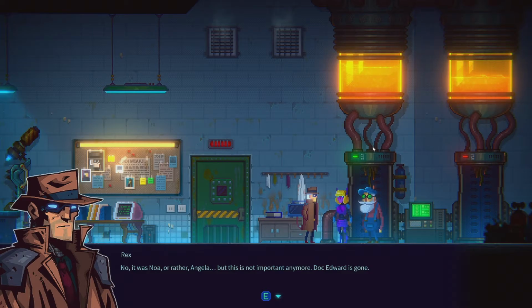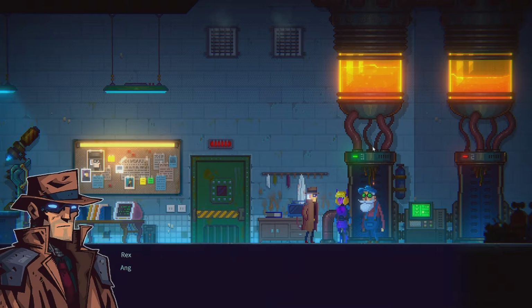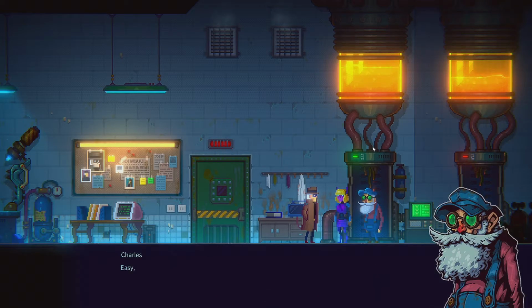Dr. Edward is gone. He wasn't like this in the beginning. He did it all for Luna. He was used by that guy because of his love for Luna. Angela, please, can you tell us anything that can help us find Noah? Who is Noah? I don't know. I'm so confused right now. I feel like I had the longest dream. I did awful things in that dream, even though I didn't want to. Those humans and robots were all...